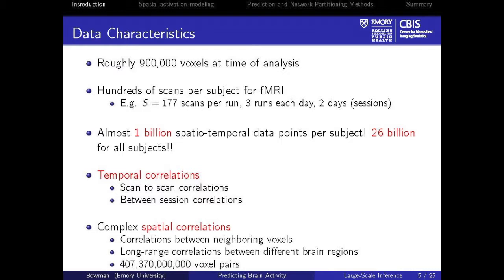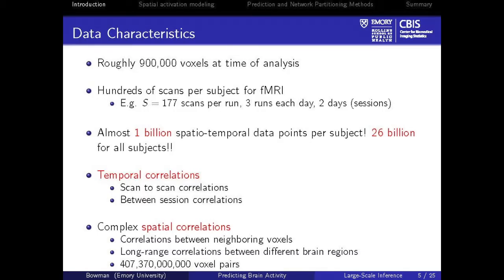The temporal correlations that are naturally apparent are two. You have scan-to-scan correlations. The scans are acquired roughly 2 to 3 seconds apart, and that's why we get that time series. And so things like autoregressive models have been applied to address those. And then we have these repeated measures types of correlations by design, the fact that we have a scanning run under one condition, a scanning run under another condition, and another, and then a day break, and we repeat those. Those are similar to what you might have in other areas of statistics with longitudinal data. So we have another layer to the temporal correlations there.